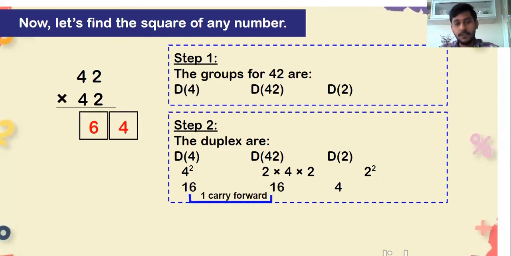The 1 is carried forward to the first part, and it gives our final answer, that is 1764. What we have done here is carry forward the 1 from 16, and by carrying it forward, 16 plus 1 gives 17, and the remaining parts 6 and 4 will always be present. So 6 and 4 are present in our answer, but from 16 the 1 is carried forward to the first part of the number, and 16 plus 1 gives 17. The final answer becomes 1764.